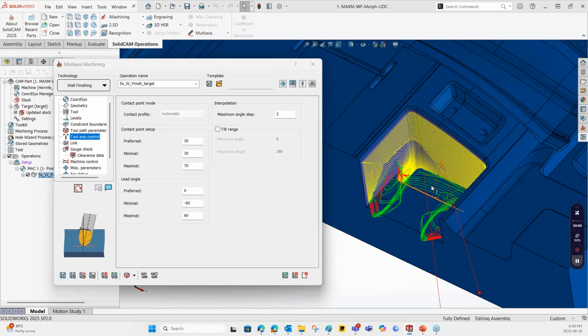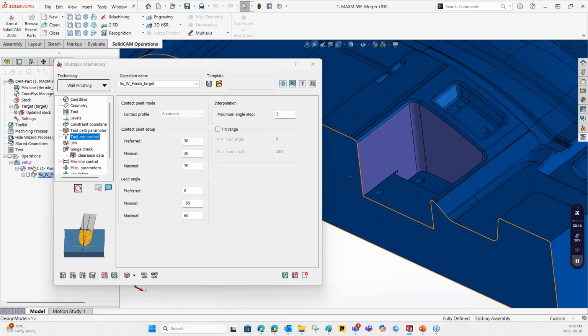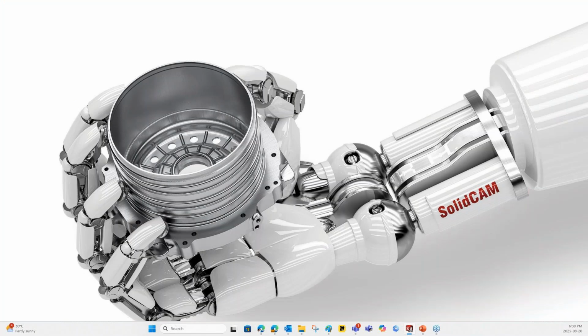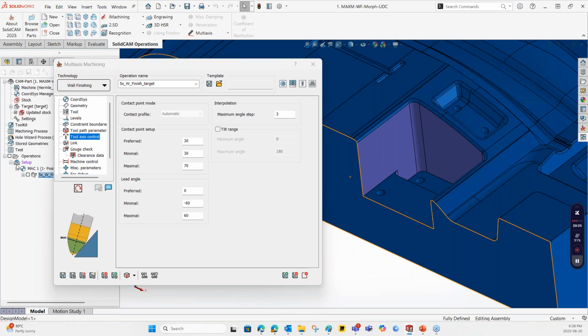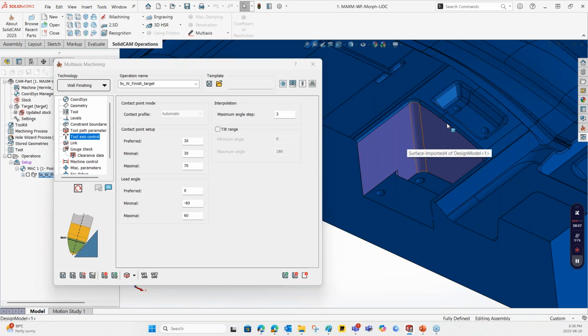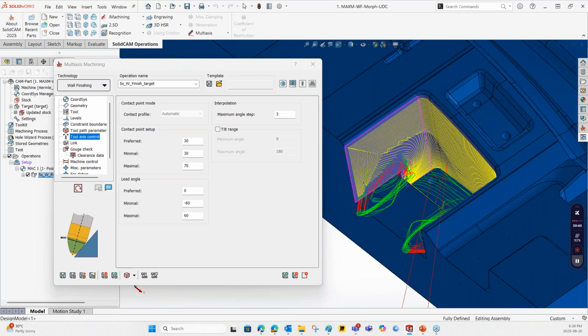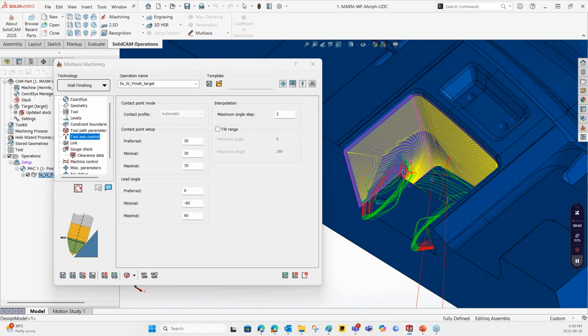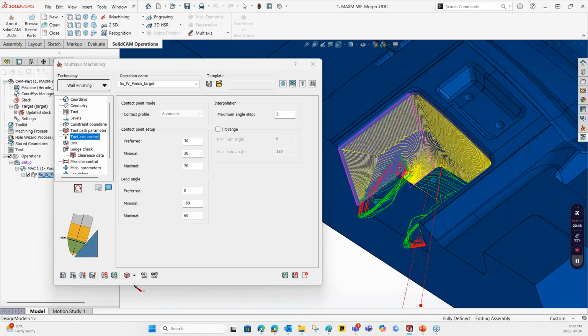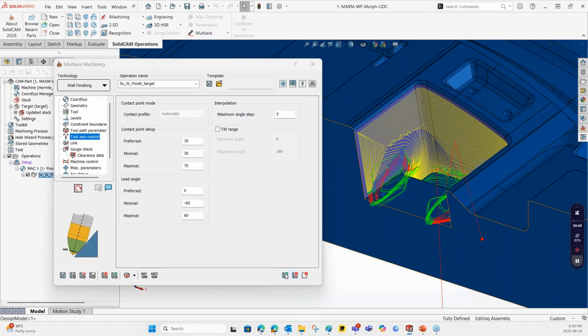So here you can see SolidCAM created a toolpath precisely as defined, because SolidCAM extracts the boundaries of the surfaces and creates a morph pattern. In this case, the automatically extracted curves don't propagate correctly, and the pattern that is created is not acceptable. So I'll just copy and paste this operation,